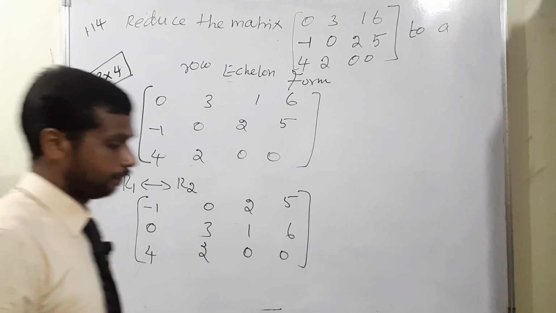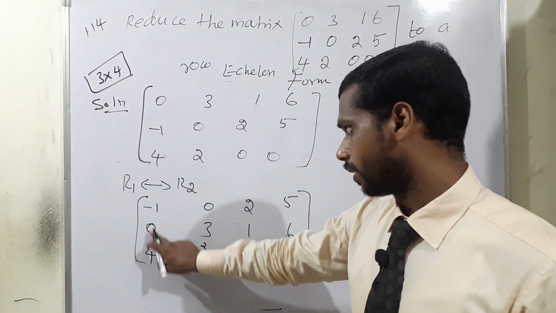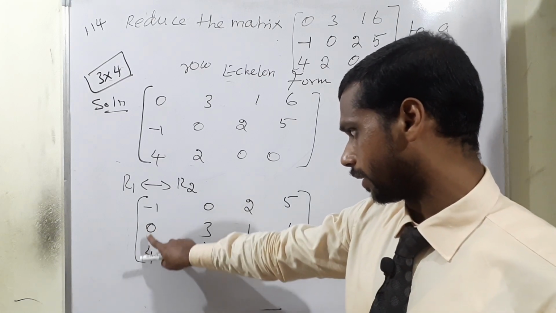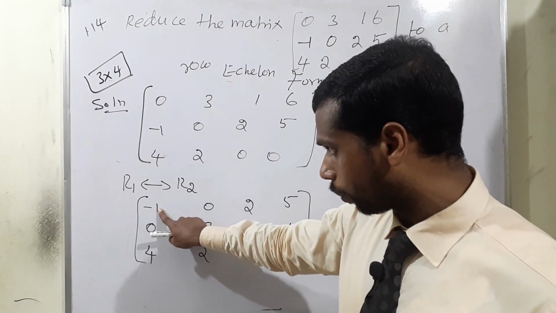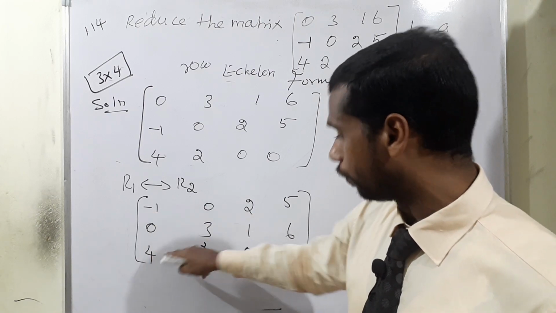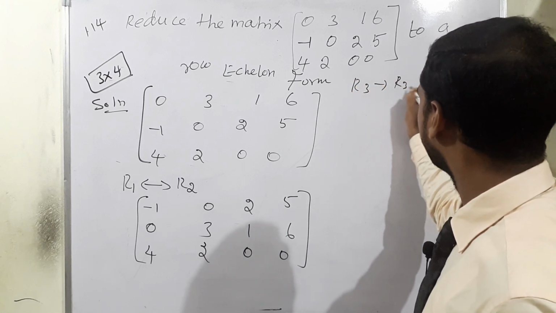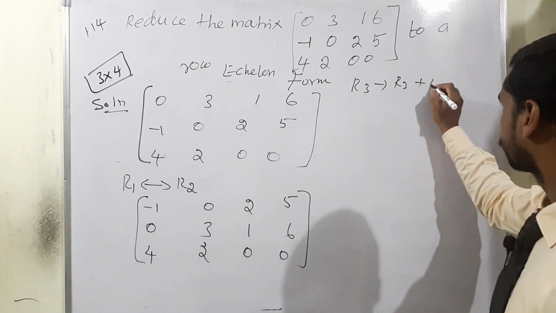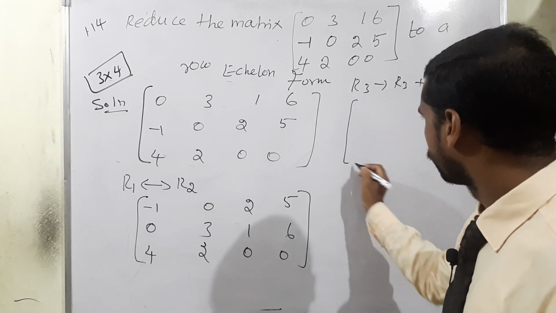So next term, now starting the non-zero digit, minus 1, under the term we have to show value will be 0. But in the third row only 4 is there. In the second row already 0 is there. But 4 comparing R1 means definitely the minus sign is there, therefore what we have to do? R3 gives R3 plus only. So R3 plus 4 into R1.